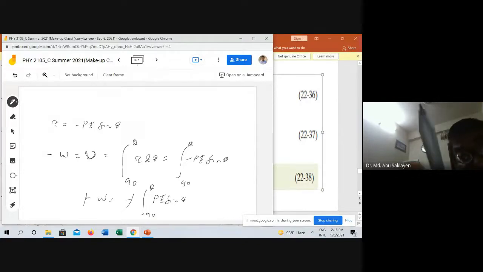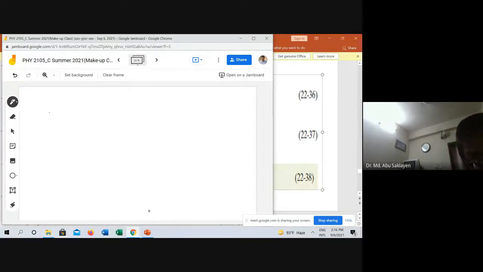So the minus cancels. So U equal to W equal to pE. If you integrate, p is constant, E also constant, so it will